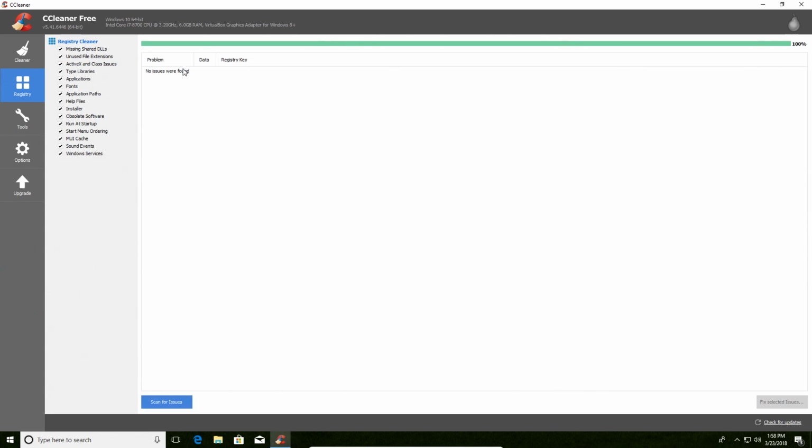We can see on the second scan that it says right here that it found no issues, and so now we know we're ready to move on to Part C. Now for Part C of Step 3, what you'll do is come over to the left-hand side and click on